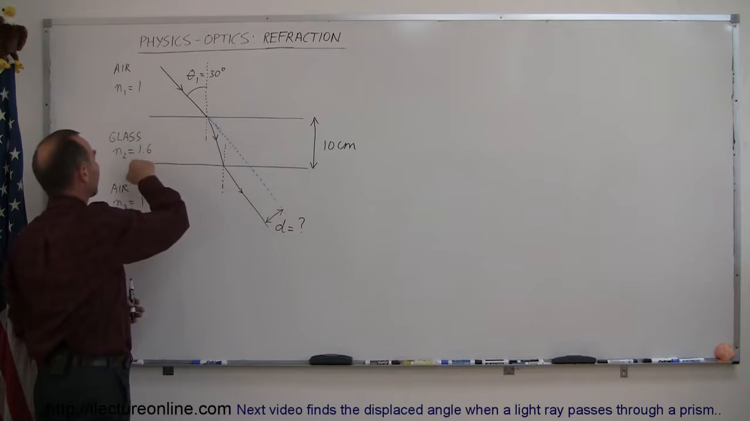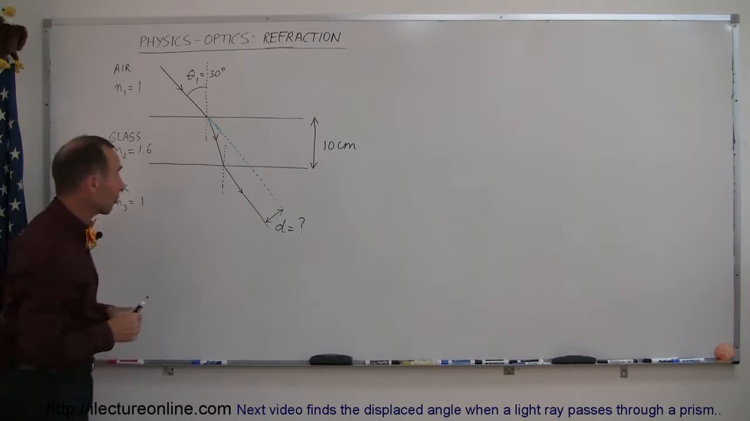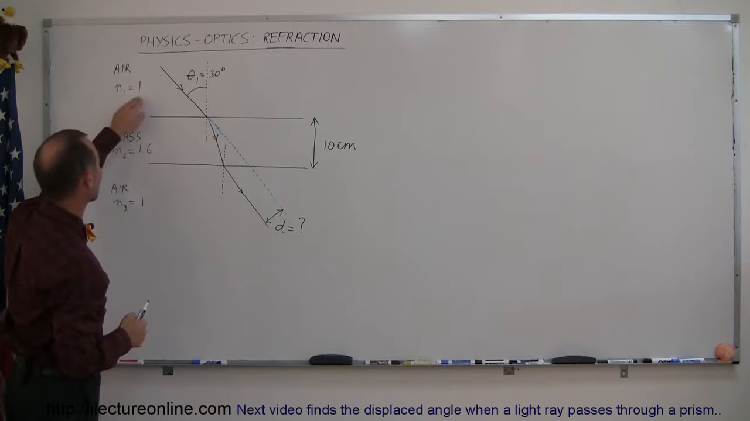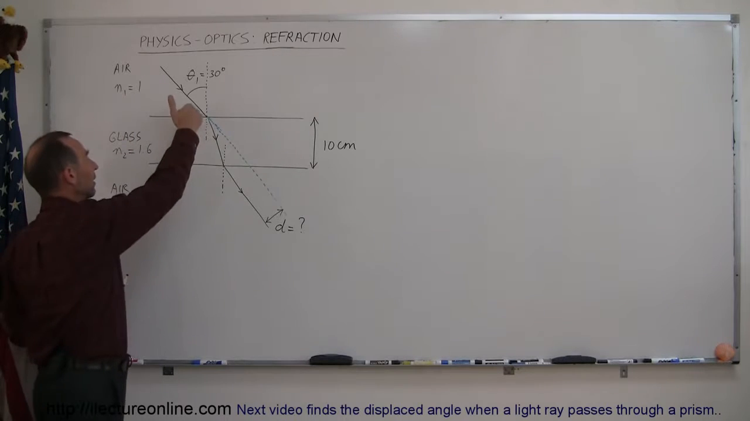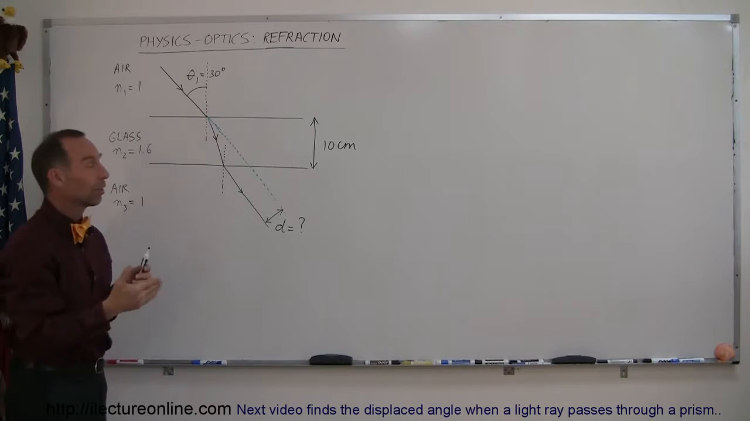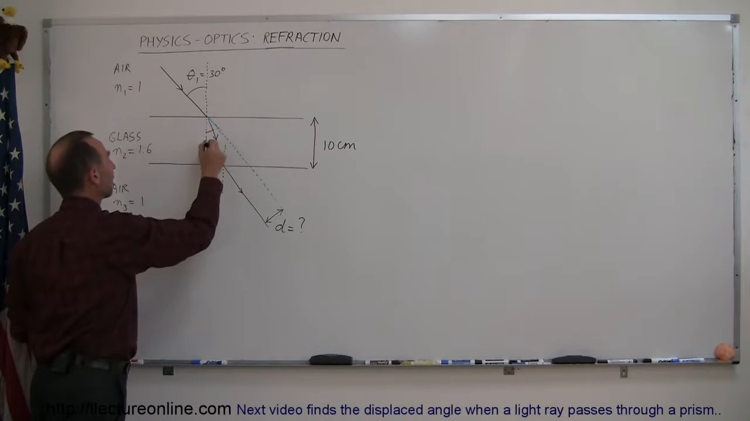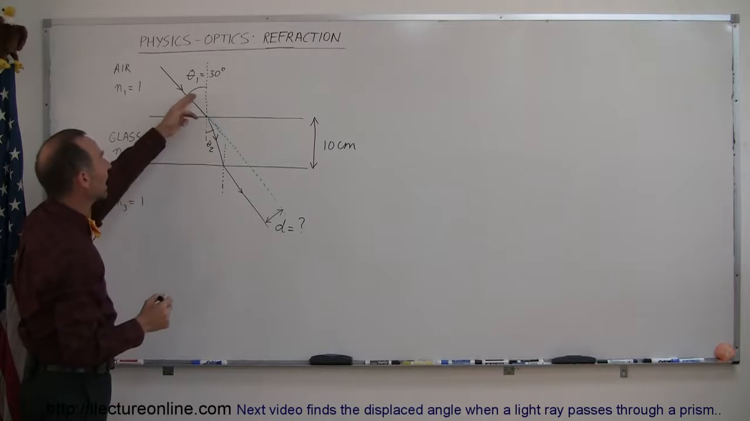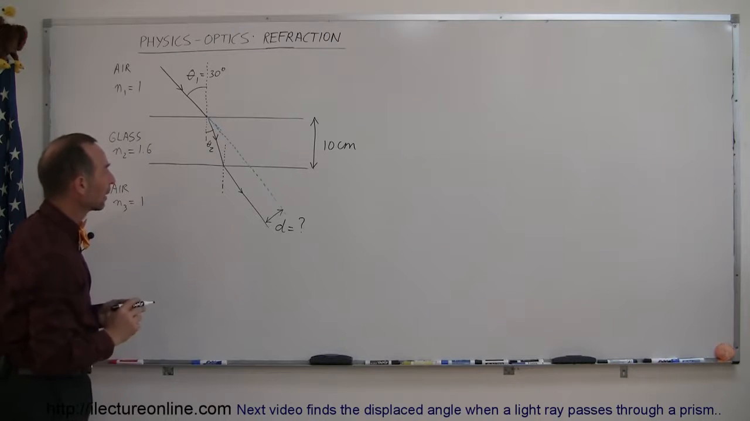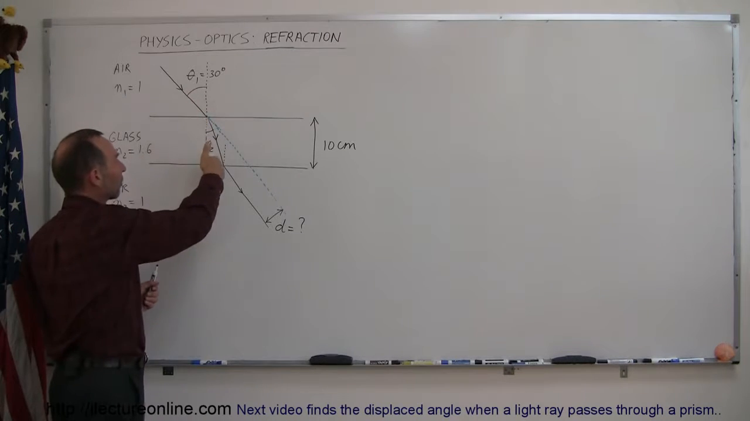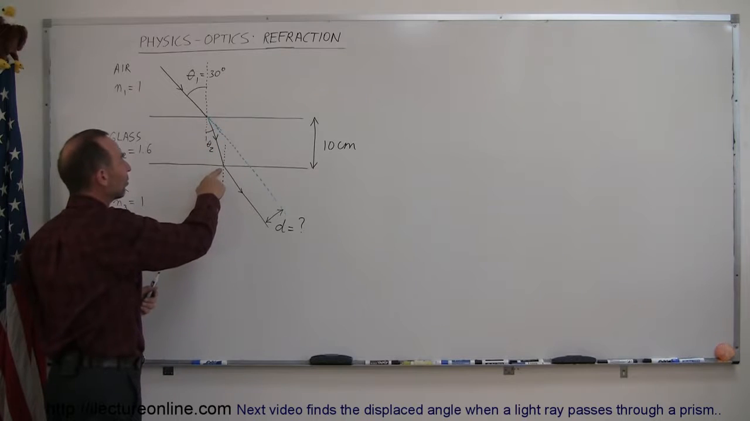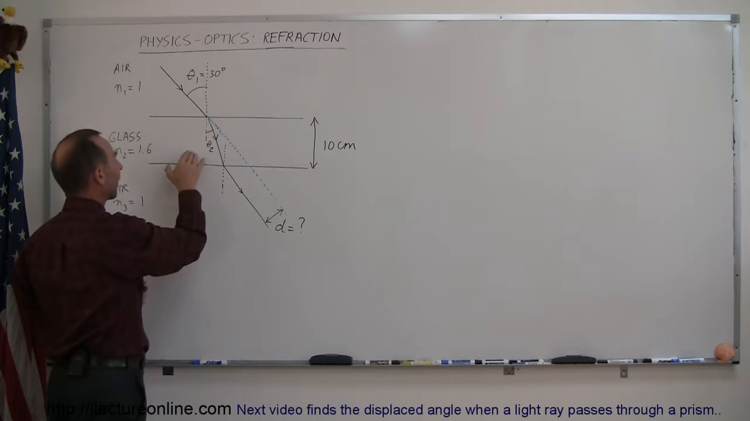As it enters the glass, of course, glass has a different index of refraction equal to 1.6 as opposed to equal to 1 for air. You can see that the light will bend, it will refract towards the normal so that the angle of refraction, theta sub 2, is smaller than the angle of incidence, theta sub 1. Then it travels across the slab, then it reaches the second boundary where you go back from glass into air,